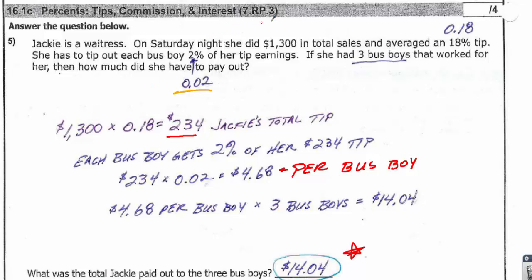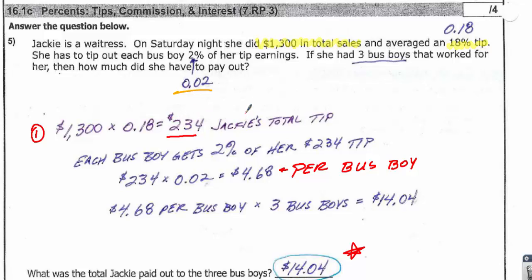So here are our facts. On Saturday night, Jackie had sales of $1,300. Those were her total sales. And she averaged an 18% tip, which we immediately turned into a decimal. So let's just do this line by line. So here's the first line. Here's part 1. Here's figuring out what Jackie earned. 1,300 times the 18%, she earned